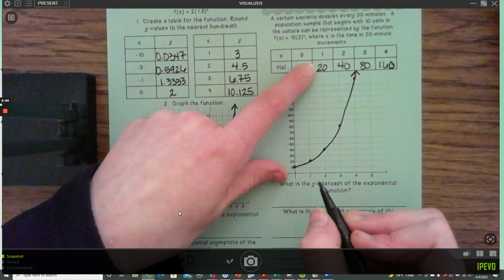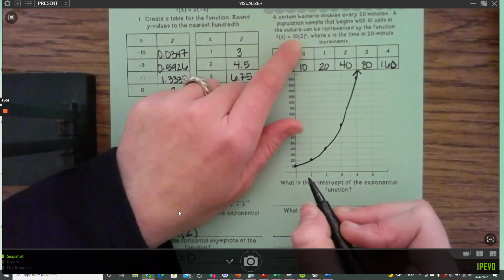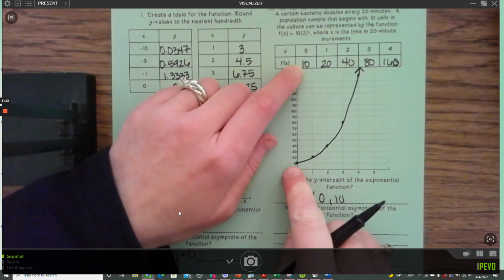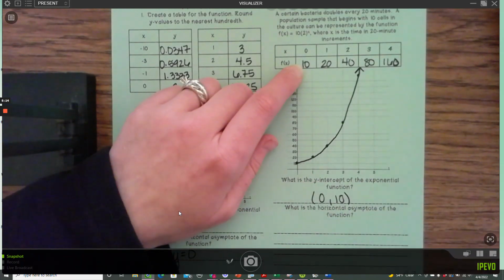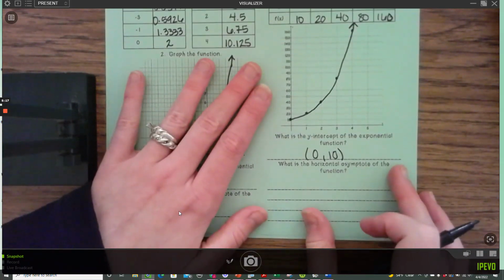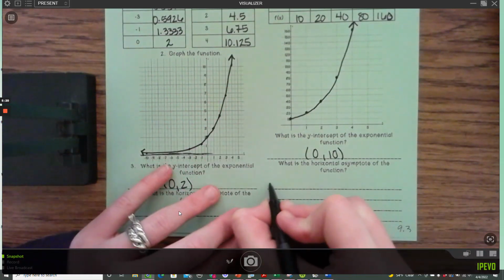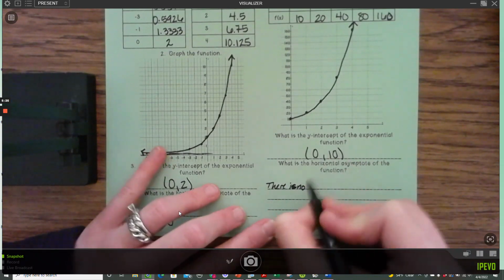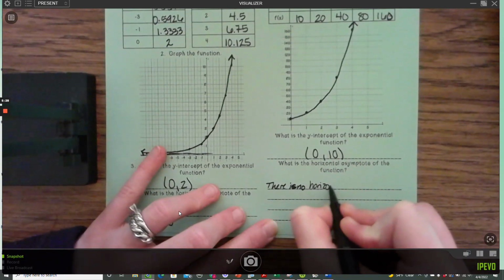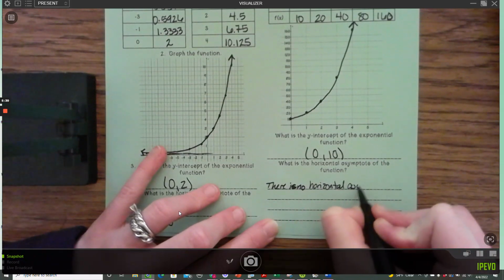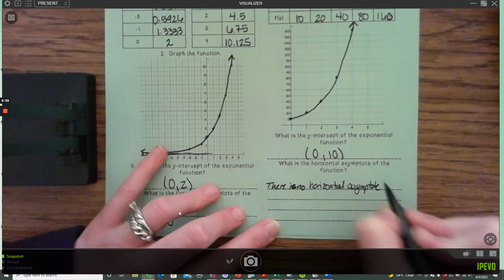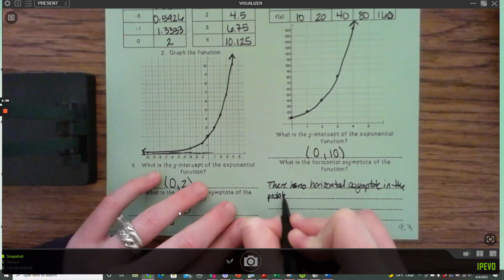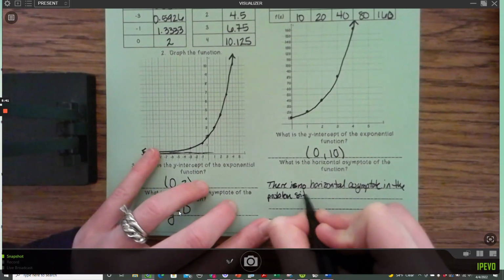So my y-intercept again is going to be the a value. It's the number outside the parentheses, or where x is 0, or where your graph crosses the y-axis. So 0, 10. And then it says, what is the horizontal asymptote? For this one, there is no horizontal asymptote in the problem situation